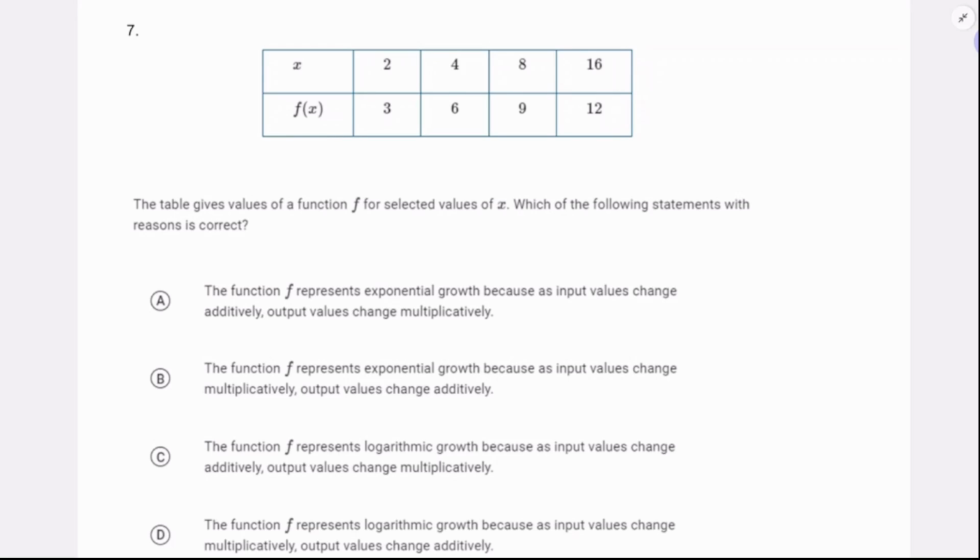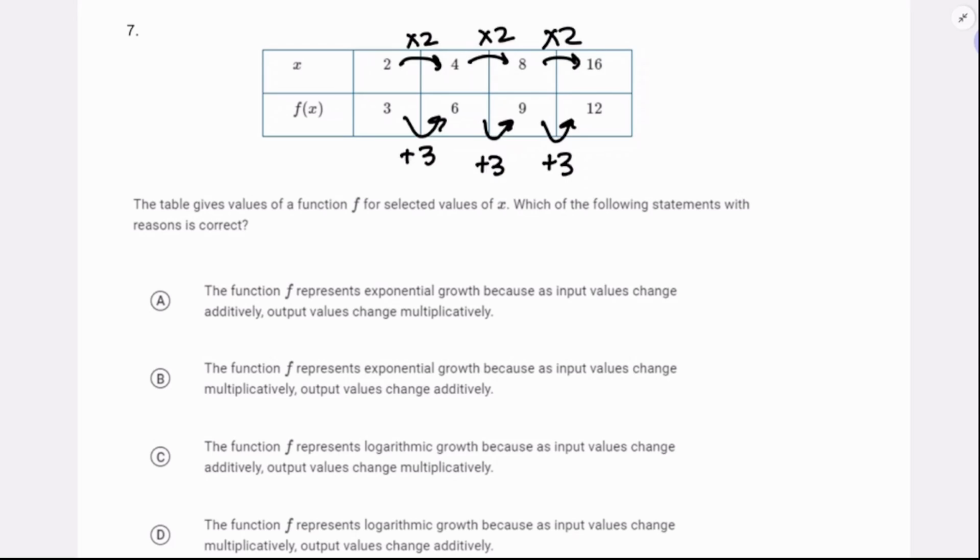All right, now here is a table of values for a function f at selected x values. Which of the following statements and their reasons are going to be correct? Okay, 2, 4, 8, 16. This is the exact same thing we just saw. X values are multiplying, times 2, times 2, times 2. Y values, output values, are adding, plus 3,